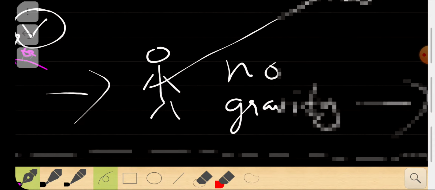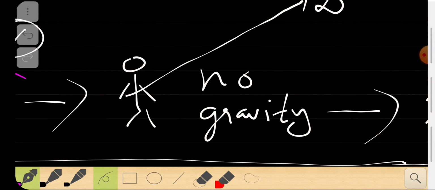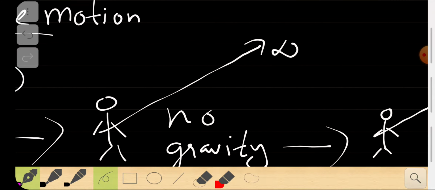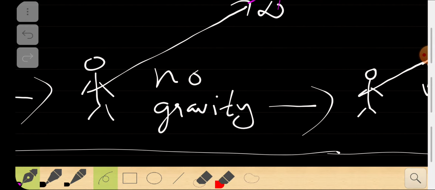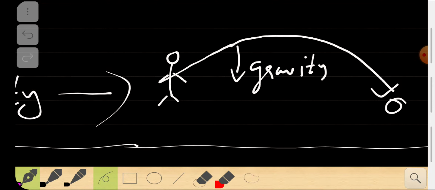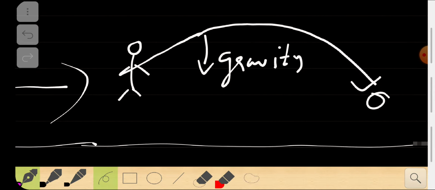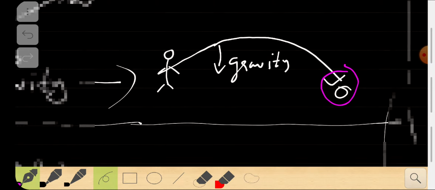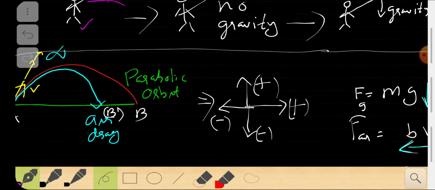If that's the case, then if there is no gravity on earth, you can clearly say that the ball will go straight up to infinity. It won't stop at all, right? If there is gravity, it is going to fall down and come back to the ground. So at the final time, the velocity will be zero when it touches the ground. So that's what's going to happen, right?